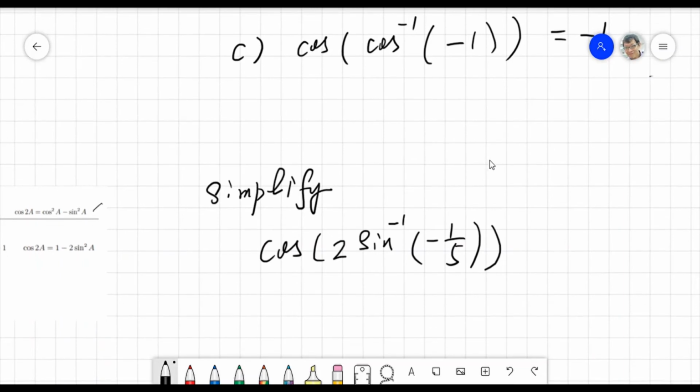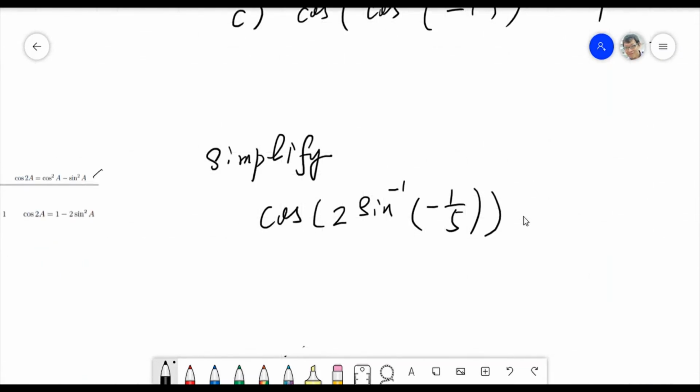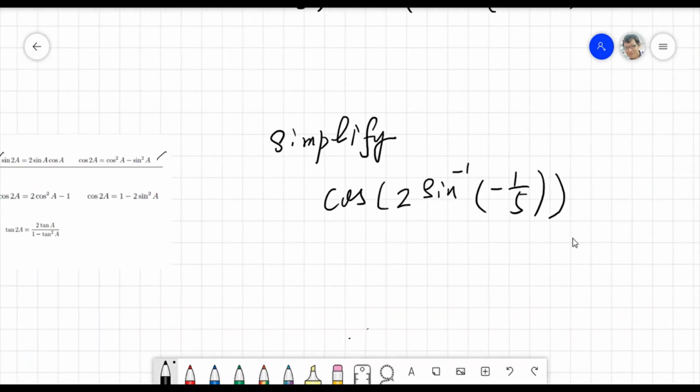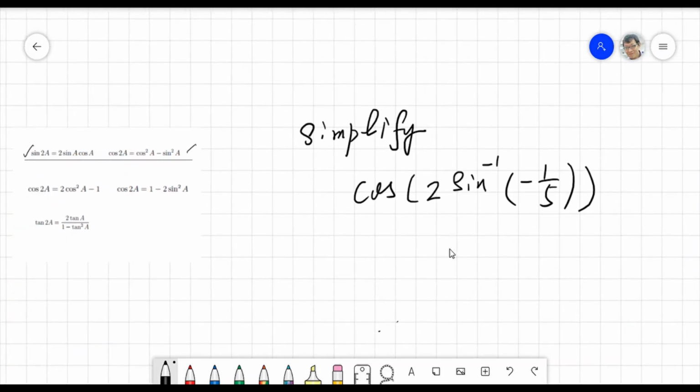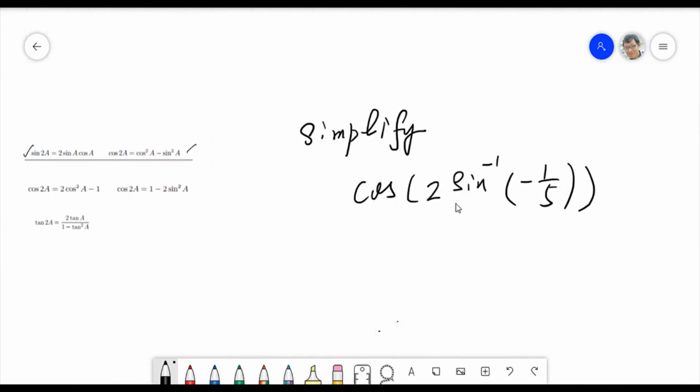Okay, this one is a little harder. Let's observe it first. In fact, it's like the previous lesson we learned, because this is cosine of 2 times arcsine of -1/5. This one inside should be an angle, right? If it is an angle times 2, we can look at what we learned previously, the double angle. So here we can write this as cosine 2A,